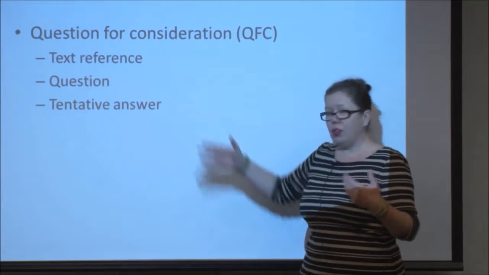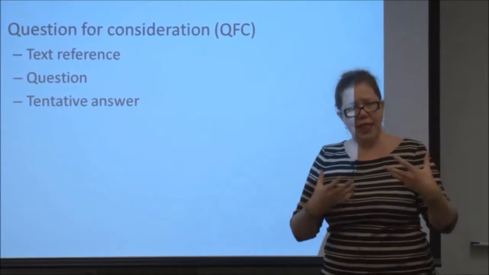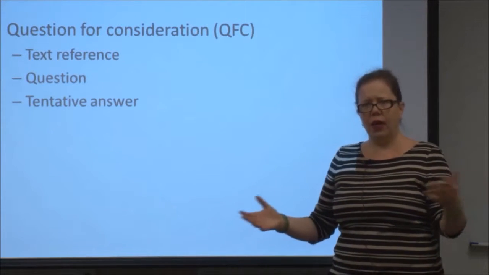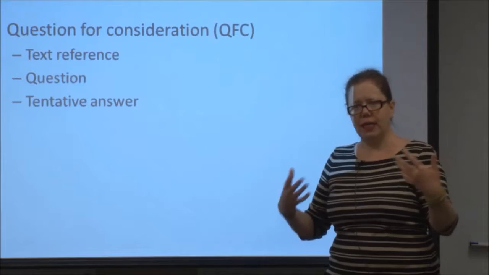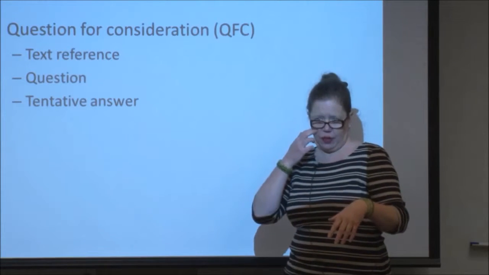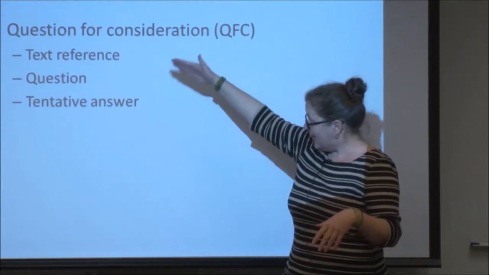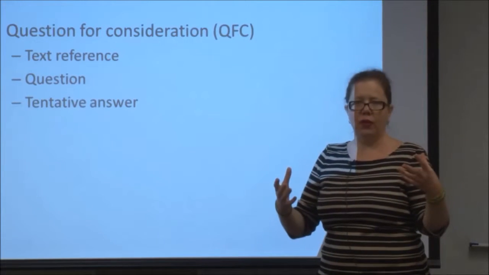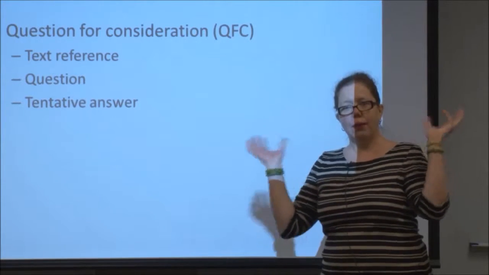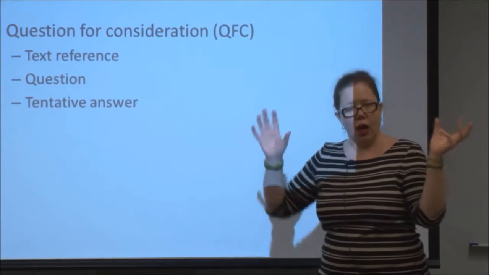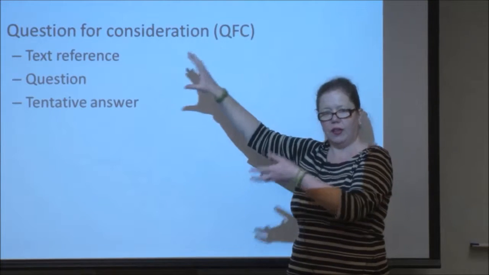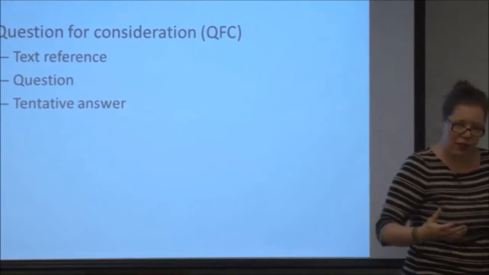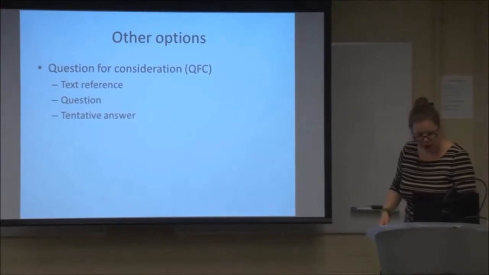And then I ask them to begin to pose, in a very tentative way, a possible answer to their own question. I don't want them to have fully worked it out. I just want them to sketch some steps we might take to solve this puzzle that they've identified in the reading. And then obviously, in say a graduate seminar or a more senior class, you can wrap the whole structure of the class discussion around this sort of focus on texts and problems that students are trying to work out, and they can try to work them out together. So that's a nice method for a more advanced approach.